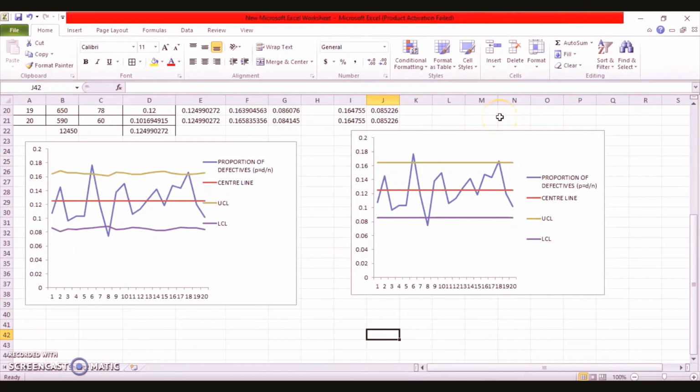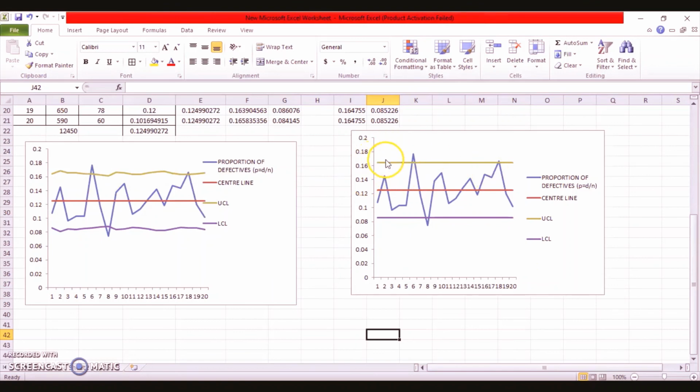There is no difference in out of control points. See, here also we have 0.6 or 0.8, we have 0.18. Here also you can see we have 0.6, 0.8 and 0.18. So what is the difference? Here the lower control limit and the upper control limit values are in variable form. They are not constants.